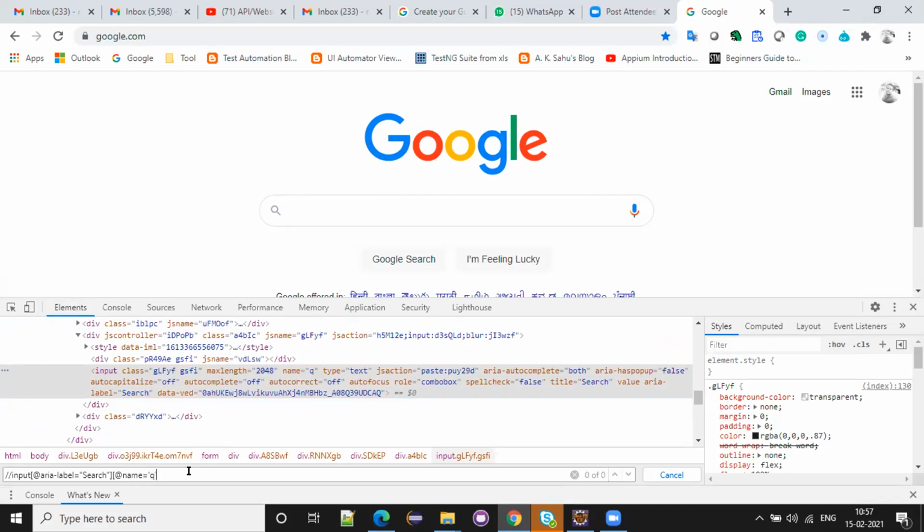See, here I wrote with one attribute, but now I added two attributes. If you want the XPath to be stronger, you can use two attributes, but it is not required. Most of the time use one attribute only, unless it is required. But you have to know how to write with two attributes and with a single attribute. So single attribute and two attributes we covered.